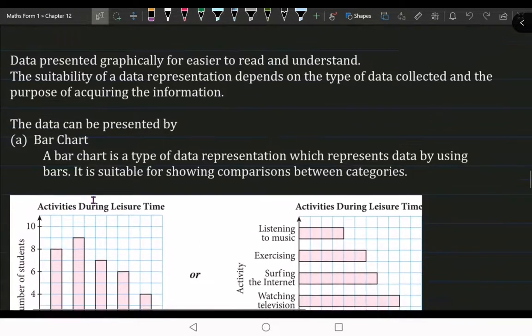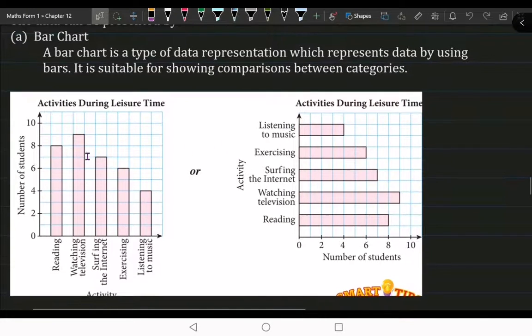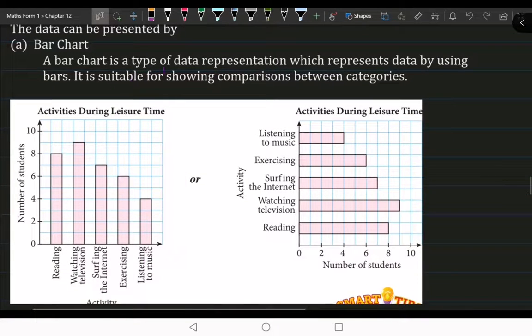One is a bar chart. This one we call a bar chart. Okay, what is a bar chart here? You can see, a bar chart is a type of data representation. Present the data by using bars, 一条条线，maybe the horizontal bar or vertical bar，可能水平哈或者垂直的。